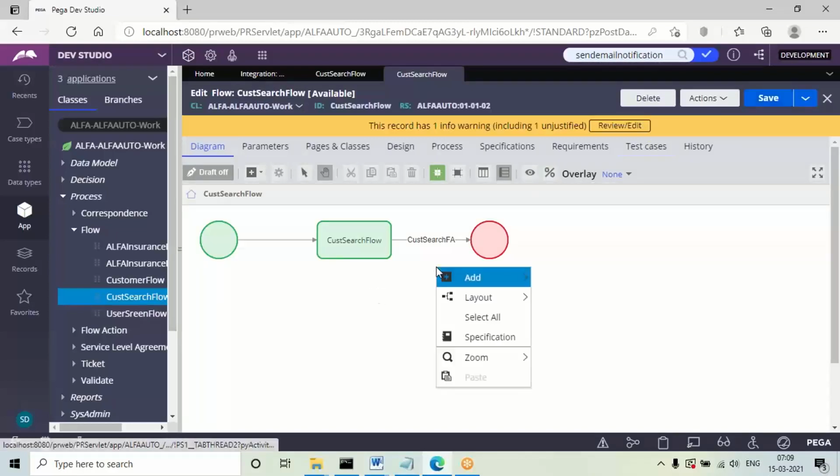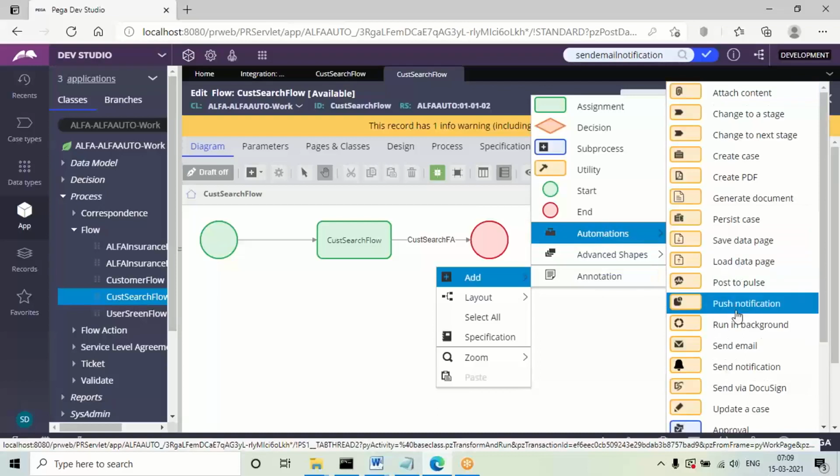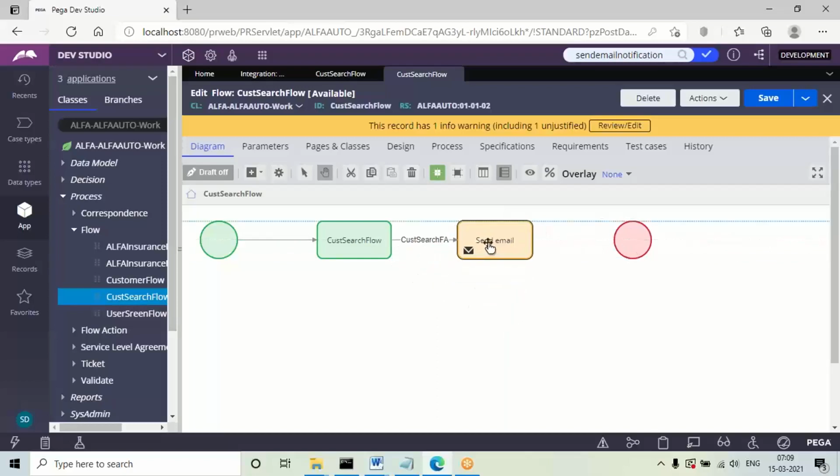When you right click on this, go to automations and select send email. Connect this, and we need to fill in the parameters. Double click on send email.